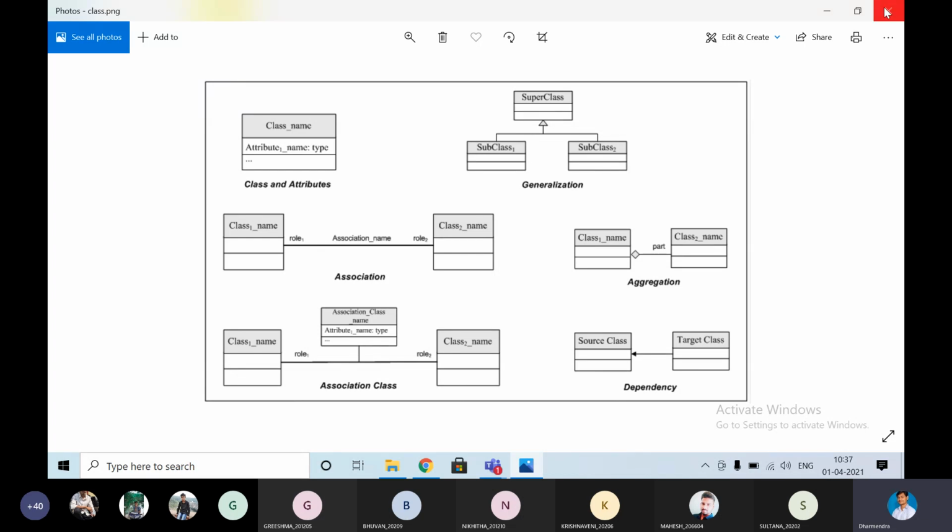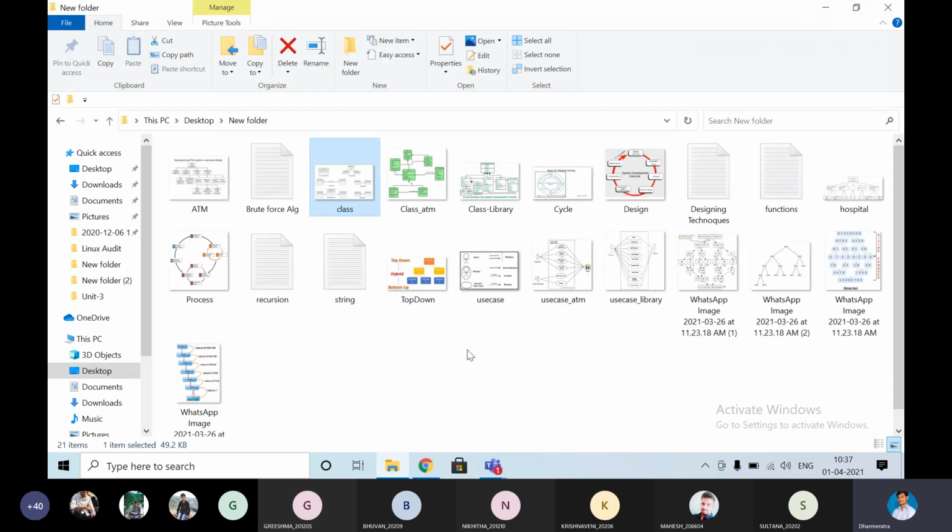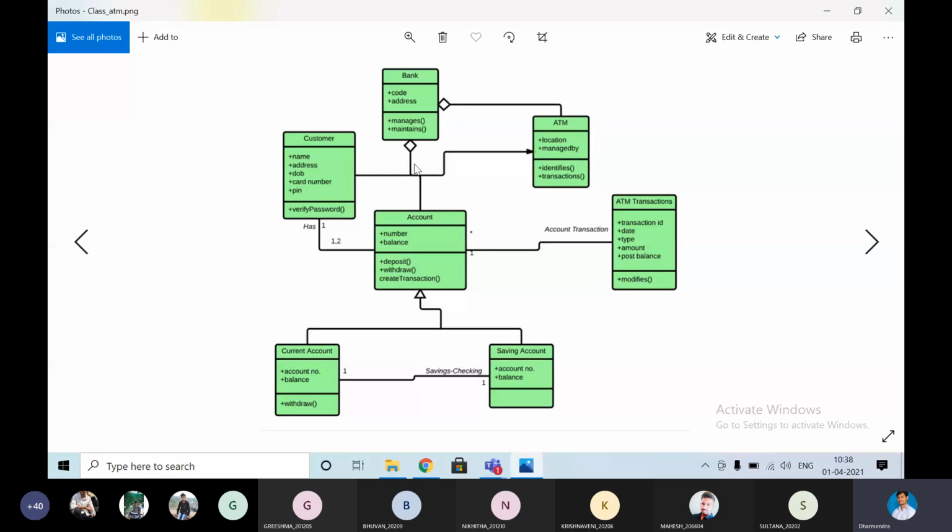So let us go with one example. I will send you all these pics just to follow. For the class diagram example, I'm taking ATM. Okay, class diagram for ATM. See, this is a class.